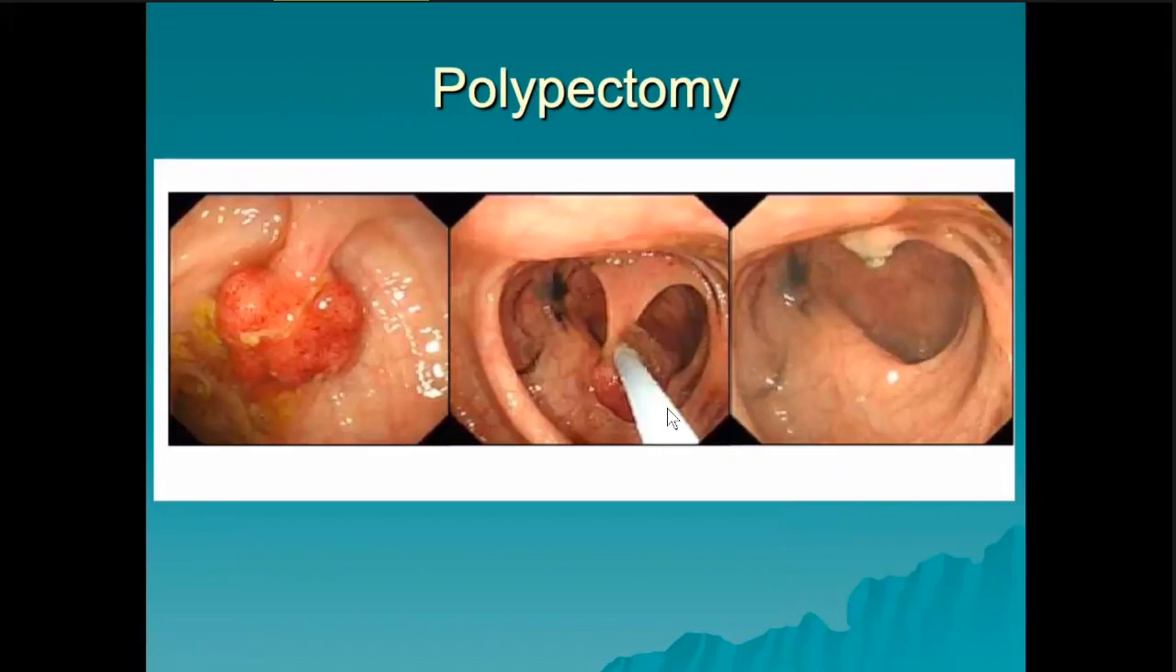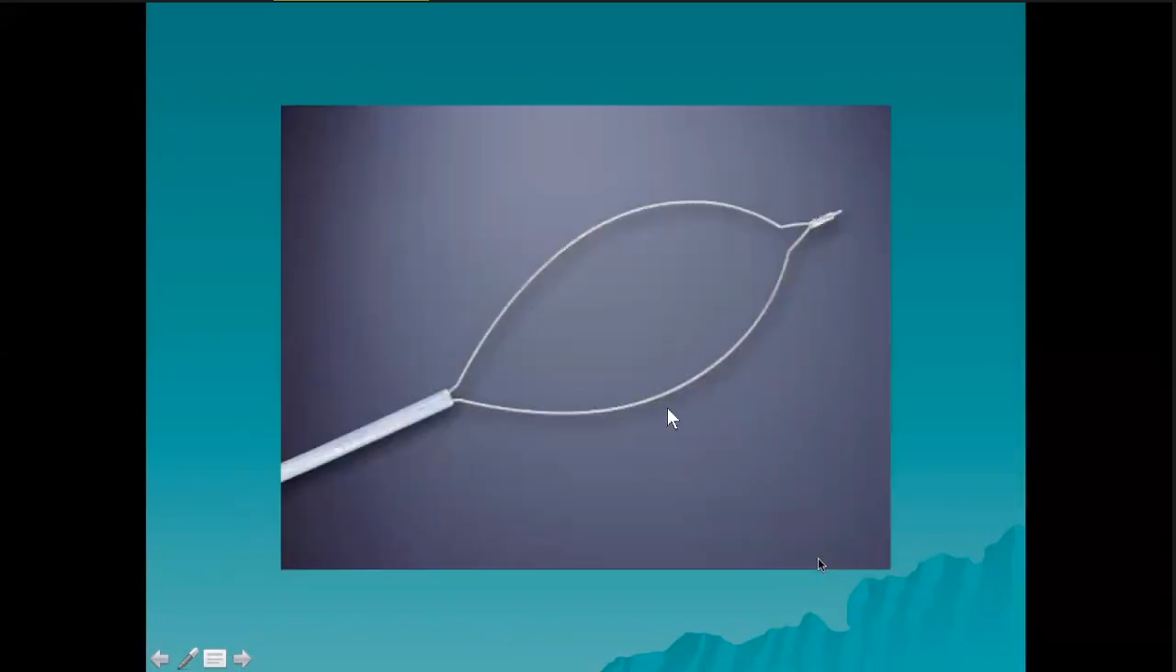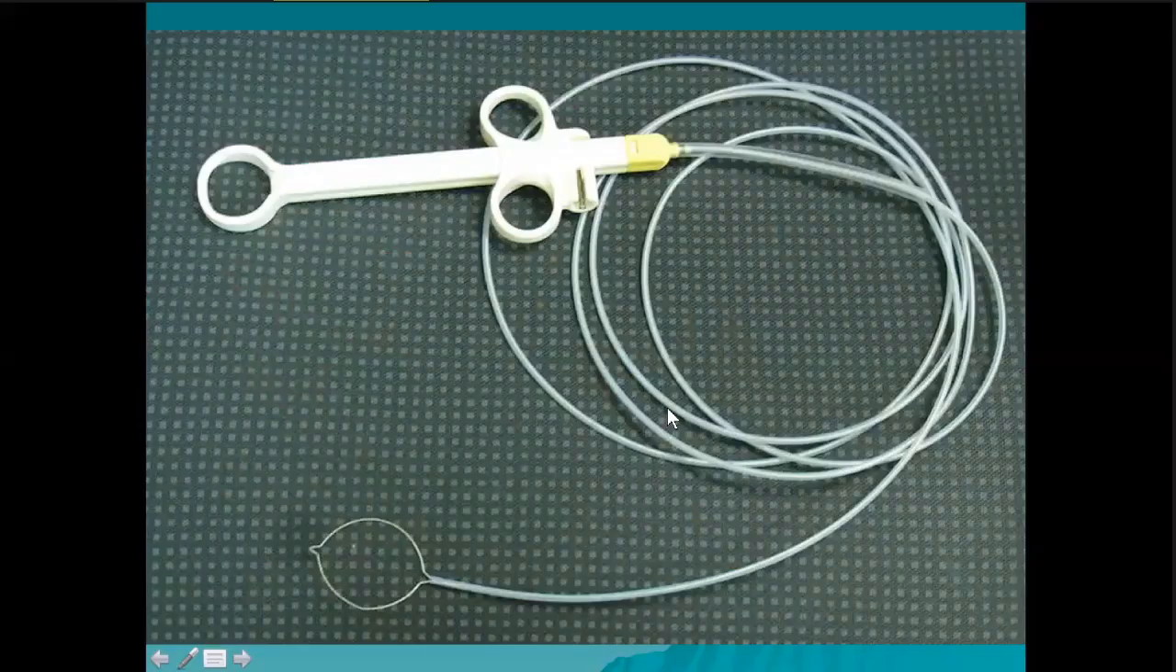Now, how do you treat these polyps? These polyps are detected during colonoscopy. So that is the polyp, and what you do is what is called a polypectomy. Now, to do that, you utilize this device. There is this device which has a handle, and then a tube, and then at the end, you have this